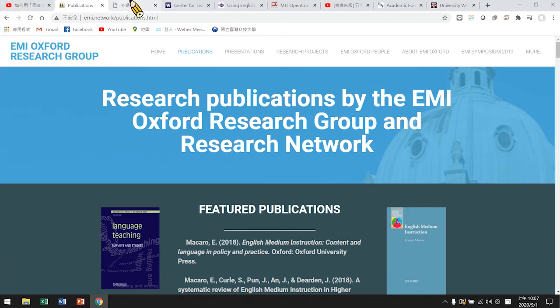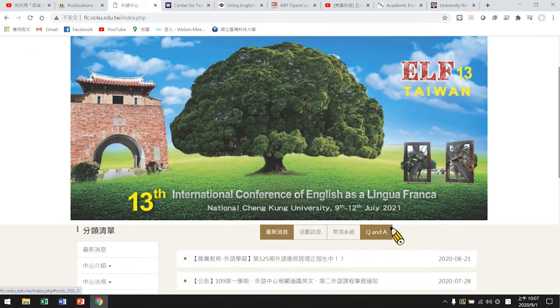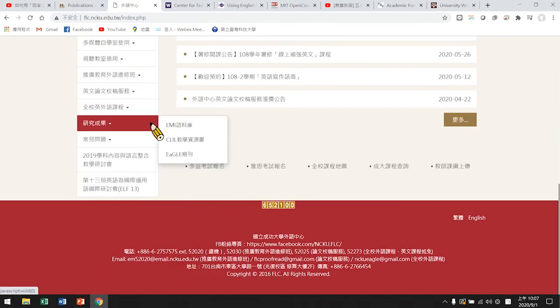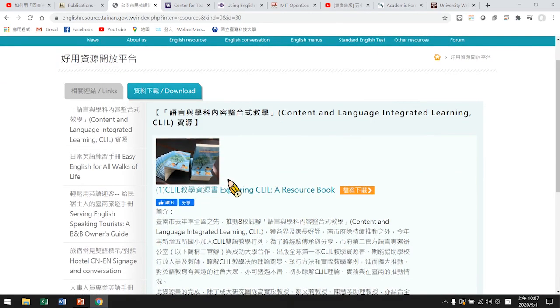And the second one is a more local one. That is the Foreign Language Center of National Chenggong University. They have done a lot of research, not only about EMI, but also about CLIL, if you're familiar with this word, Content and Language Integrated Learning. So they have quite some publications as well. They have some books, and they have a journal, and it's all free. So you can download their books there, but